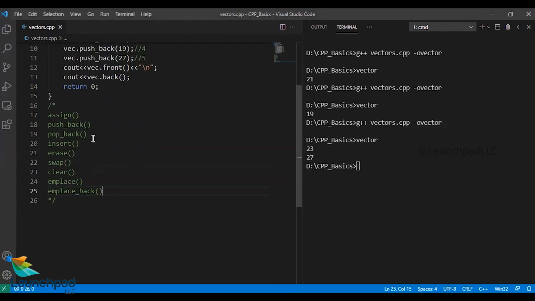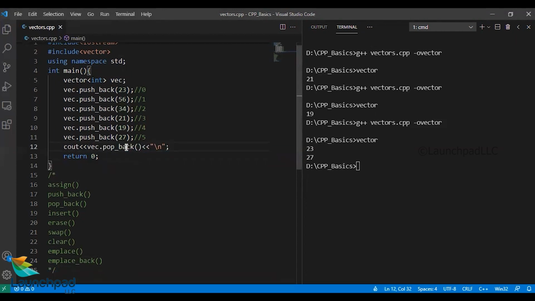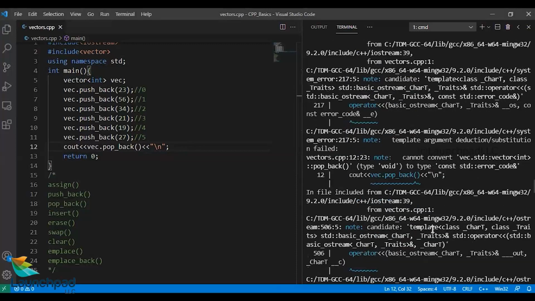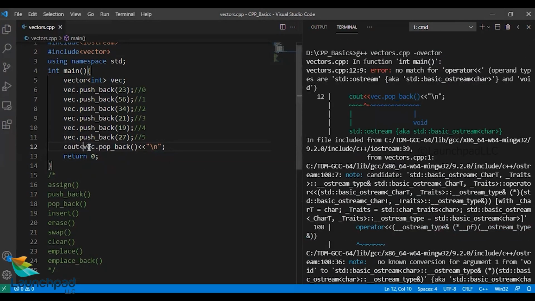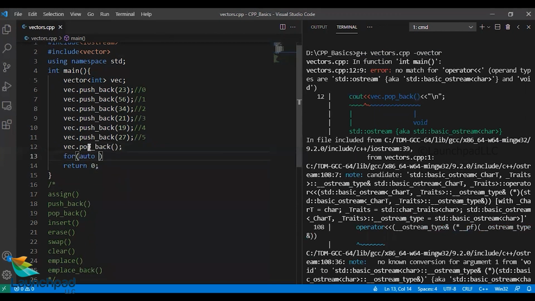Let us rush through each of these functions. First, let us pop back. Let us delete the other functionalities. I'll clear the screen, compile it. The pop back function cannot be printed. Let's just pop back and then print the vector in order to see what is being stored. So for auto, let us use the iterators here.